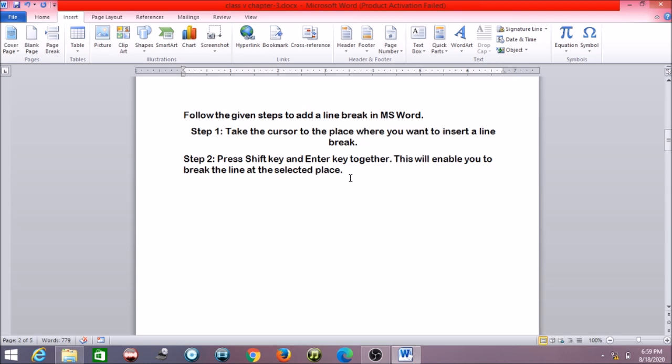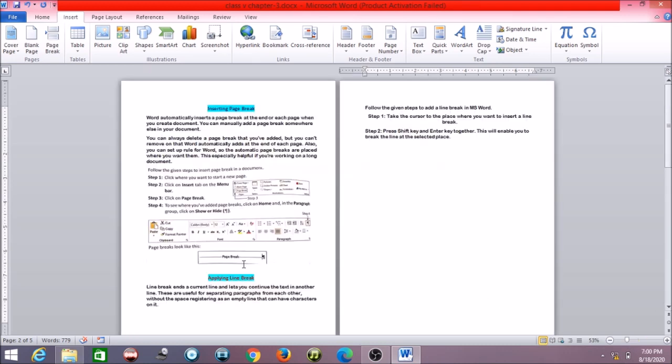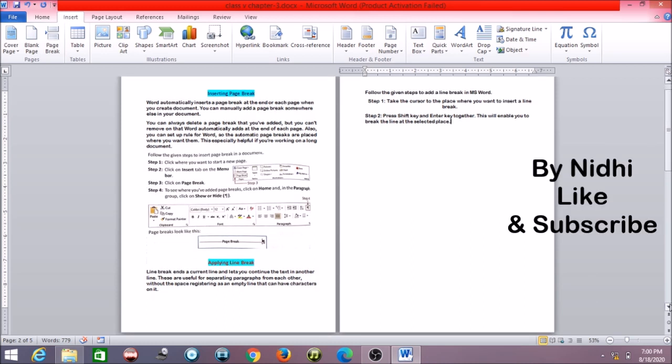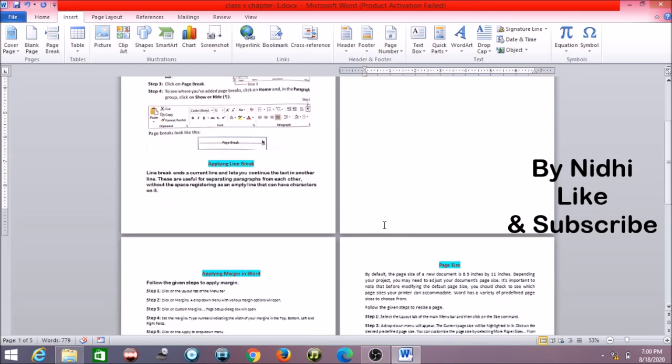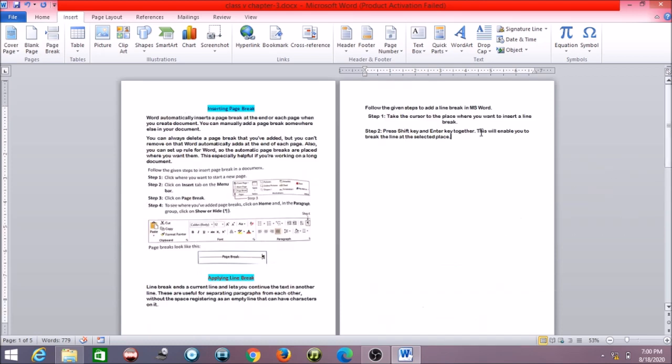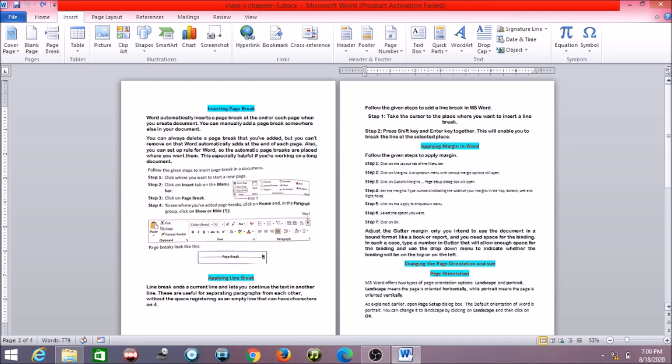Here earlier the content was here, but now it went to another page. So this page content is moved to the next page. You can check here: this whole content is moved to this page, and here it is up to this page. Is it clear? Okay students, so like this you can apply the page break. If I don't want that, I can just press Ctrl Z, so it will bring my content back here. So how can you apply the page break?